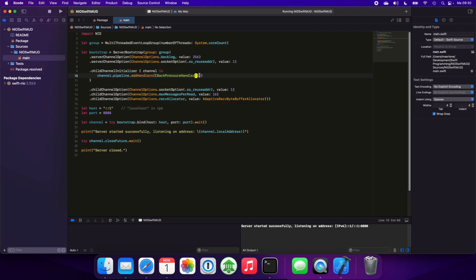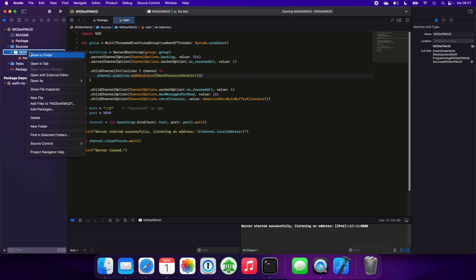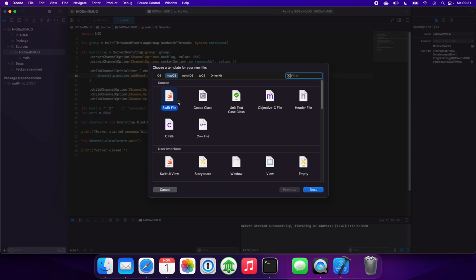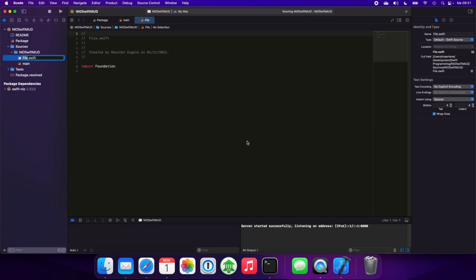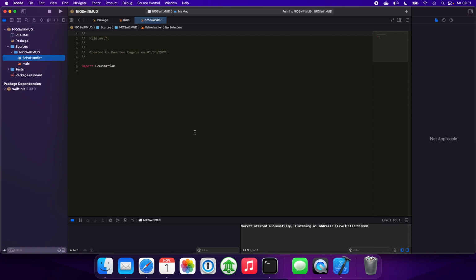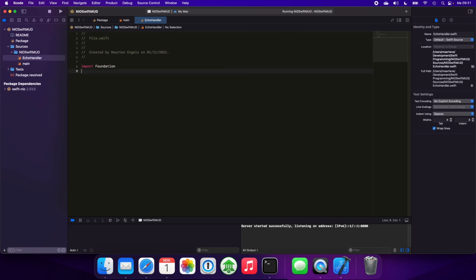So let's go one step further, and that will be the last step in this first episode. We're going to add an echo handler. The echo handler is the hello world of networking applications, and what it does is it simply echoes back everything it receives. So we create a new Swift file, EchoHandler, and we need NIO,